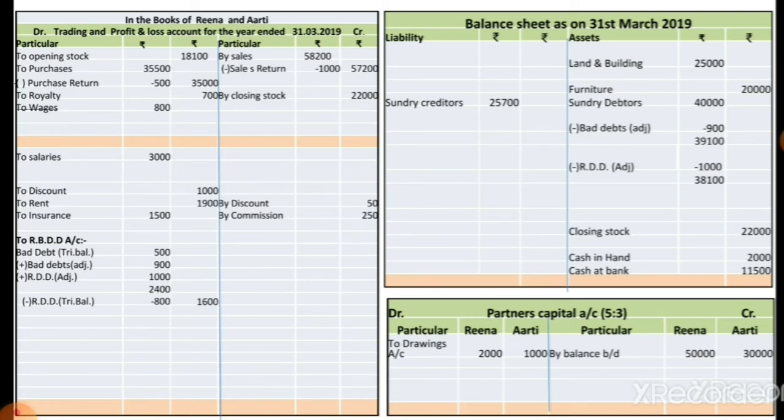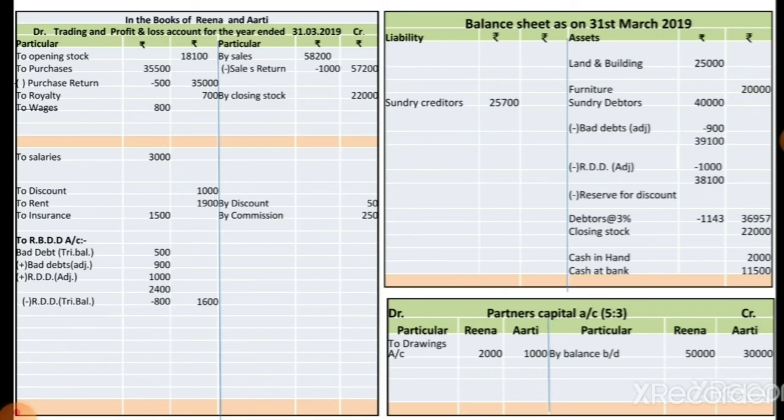to be allowed to the debtors, so it is deducted from the sundry debtors. So now first of all we deduct that from the balance of sundry debtors. Here we already found the balancing amount of sundry debtors, that is 38,100. From that amount we deduct the reserve for discount amount, that is 3% of sundry debtors.